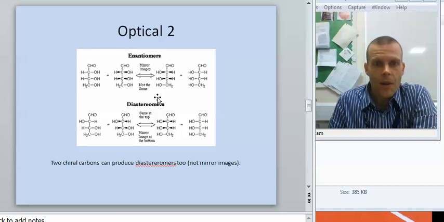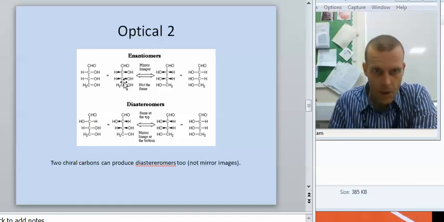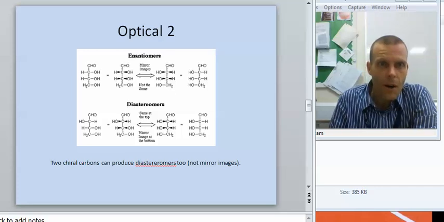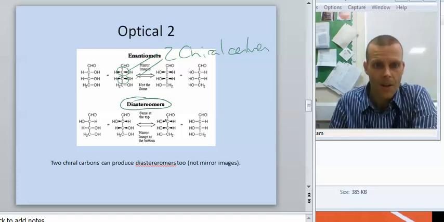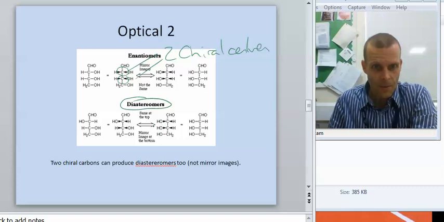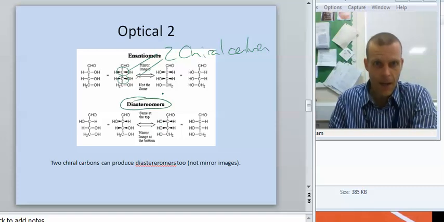Right, so this diagram here talks again about enantiomers. You can see that these are mirror images. But if we've got two chiral centers, so there's one here that's got 4 different groups attached, that also has 4 different groups attached. So I've got 2 chiral centers, I end up with a situation where I've possibly got diastereomers. So whilst I can get my pairs of enantiomers as before,